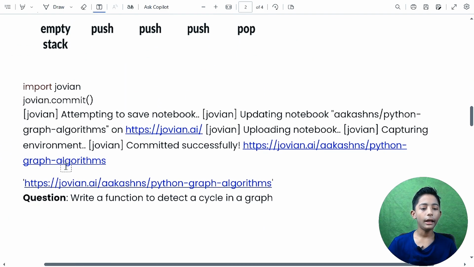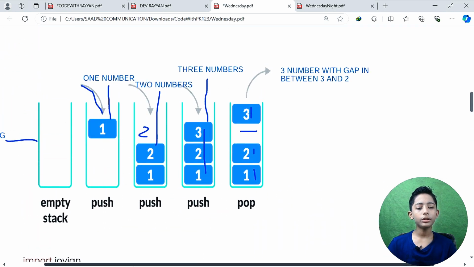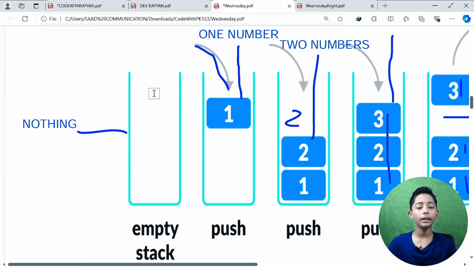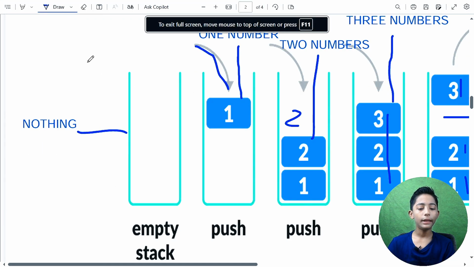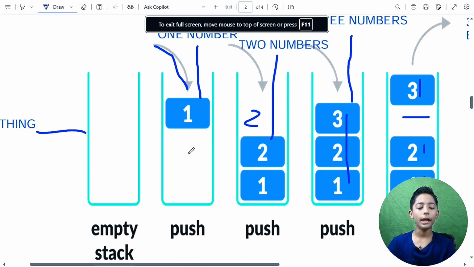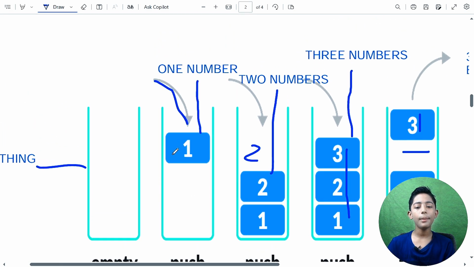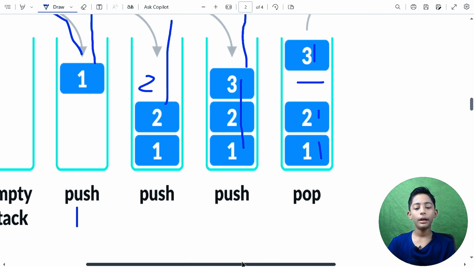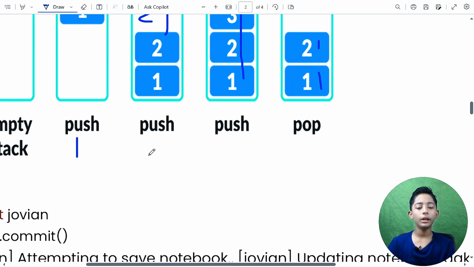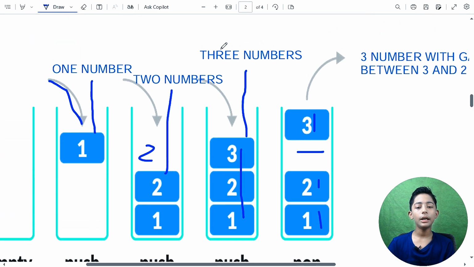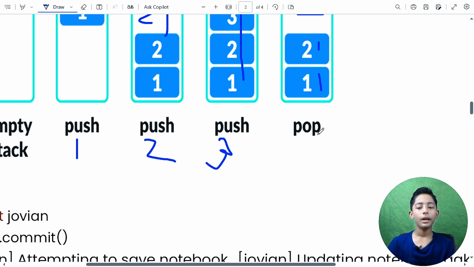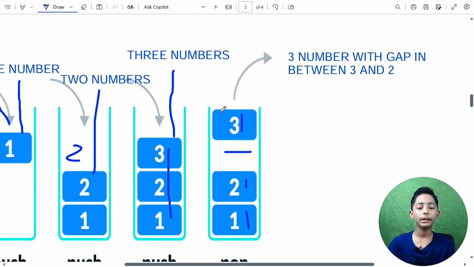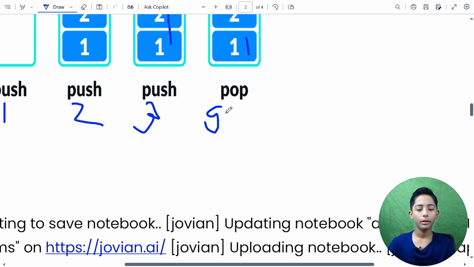Now that I have written that, this is what you can understand. First is the empty stack, where there is nothing. Then there is a push stack, and in the first push there is only one number, in the second push only two numbers, in the third there are three numbers, and in the fourth there are three numbers, but between 3 and 2 there is one gap.